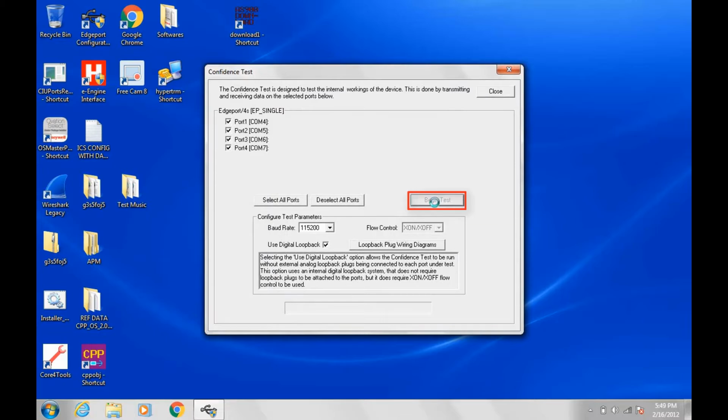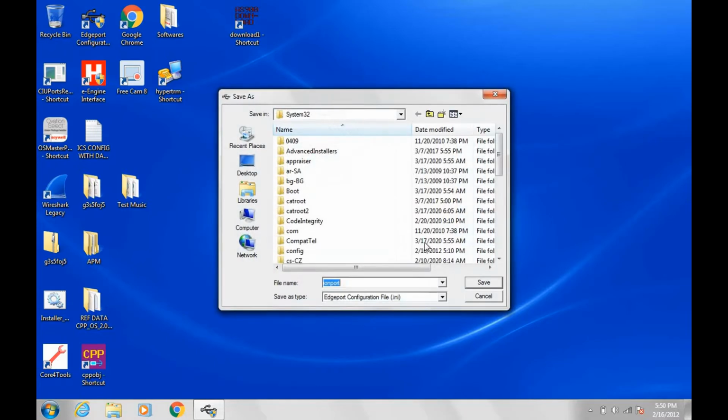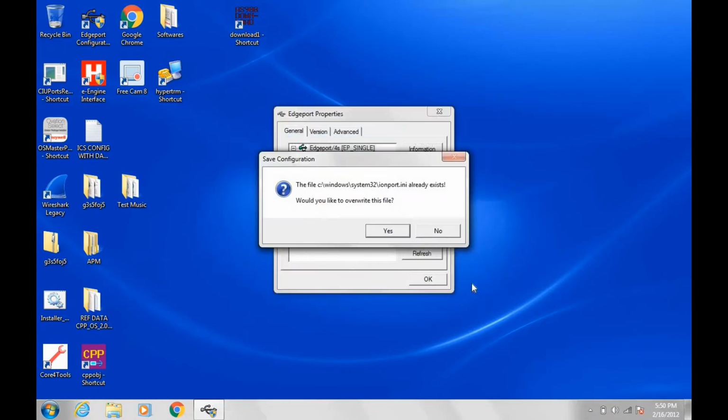begin test. At this point, you are only testing the edge port itself internally. You are not testing the harness that interfaces with the airplane yet. Once it's passed, you close. You can hit save config, save,